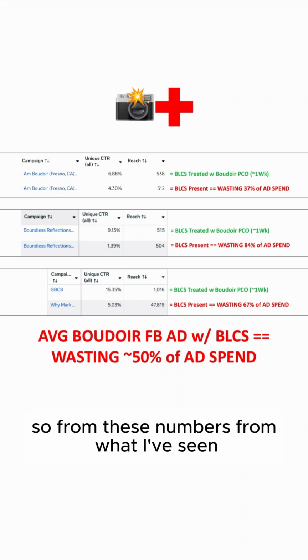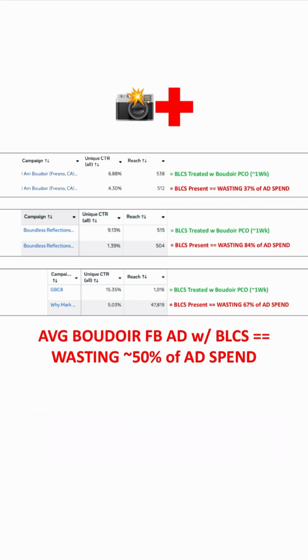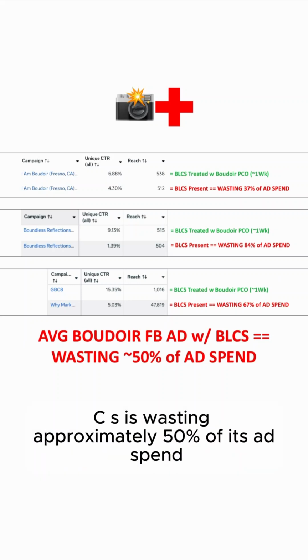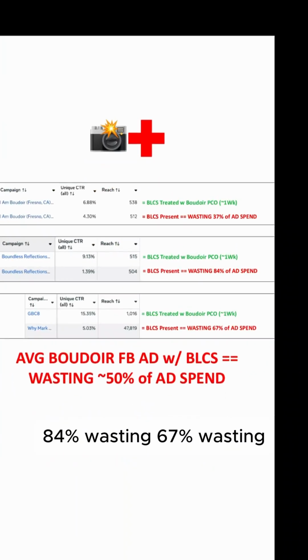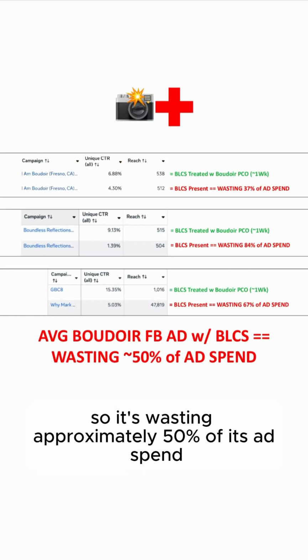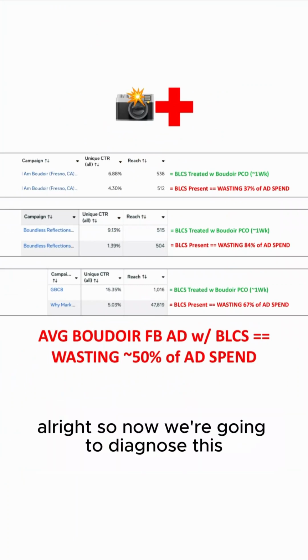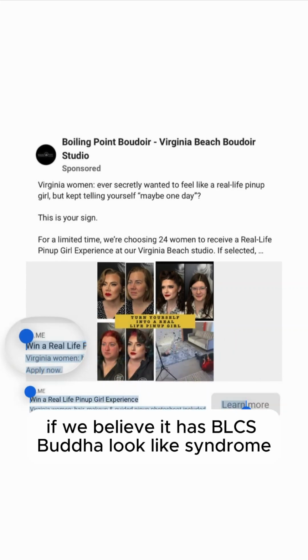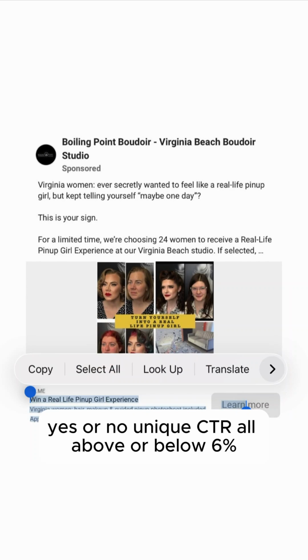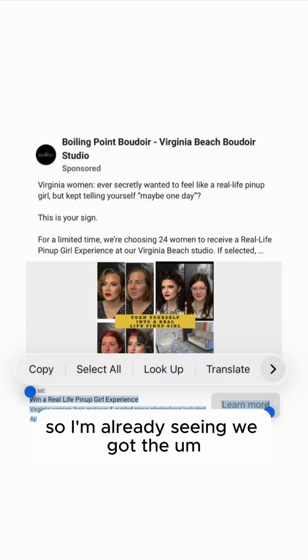So from these numbers, from what I've seen, the average boudoir Facebook ad with BLCS is wasting approximately 50% of its ad spend. I mean, look at the numbers: wasting 37%, wasting 84%, wasting 67%, so approximately 50% of its ad spend. Now we're going to diagnose this, see if we believe it has BLCS, boudoir low click syndrome, yes or no. Unique CTR above or below 6%. So I'm already seeing we got the